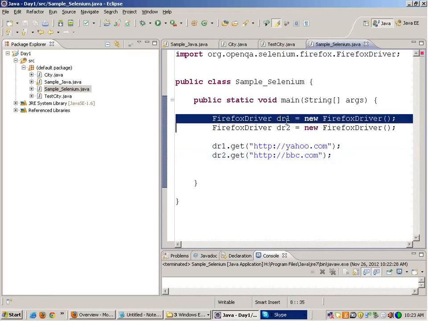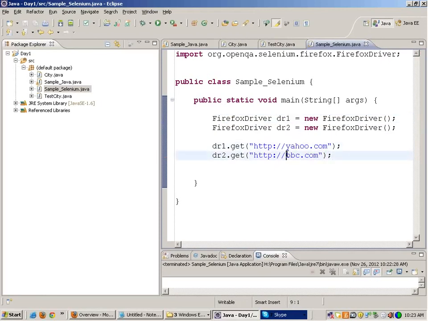So the first browser will navigate to Yahoo, the second will navigate to BBC. The get function is used to get to some URL. If you run this,